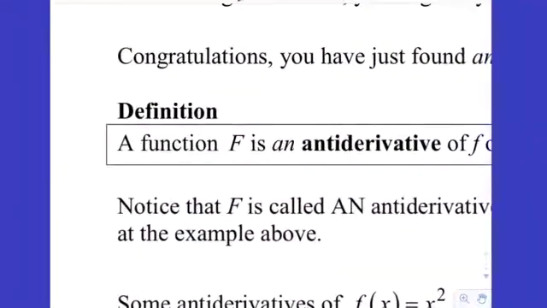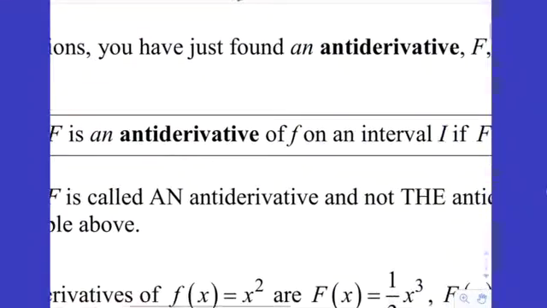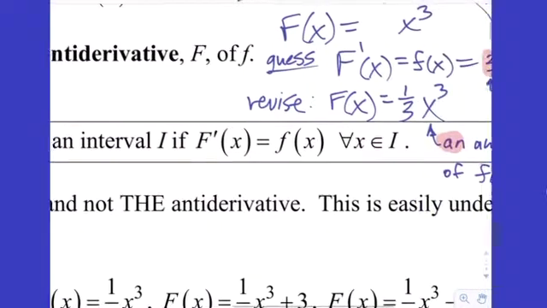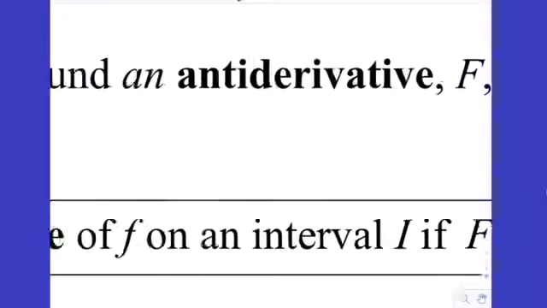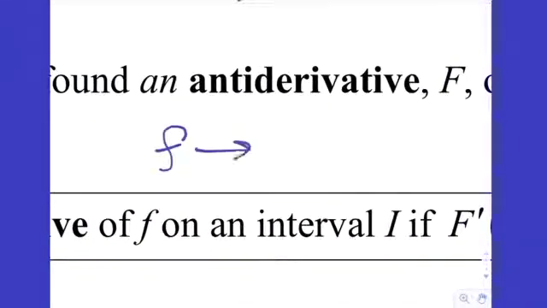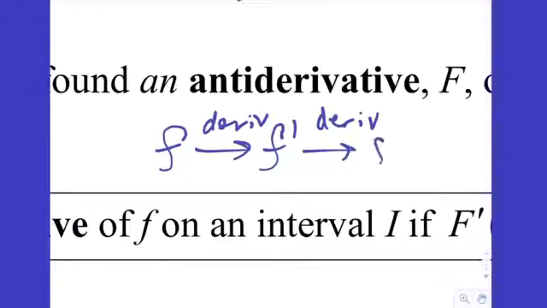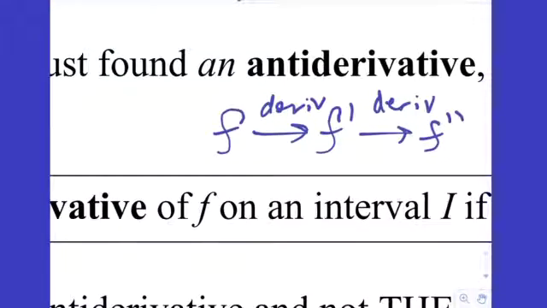All right, so let's go ahead and define. A function big F is called an antiderivative of a little function f on some interval if the derivative of big F is equal to little f. So we kind of have this new notation. Normally when we start with a function, we start with f, and then we take the derivative to get f prime. We take the derivative again to get f double prime. Now we need some terminology for going backwards one layer. And if you go backwards by anti-differentiating,